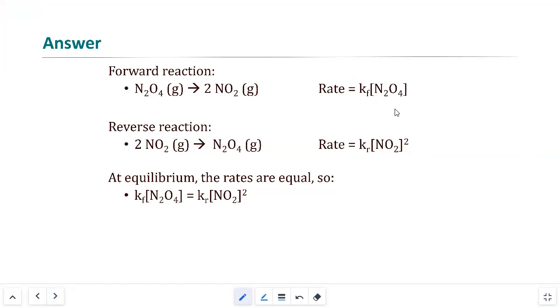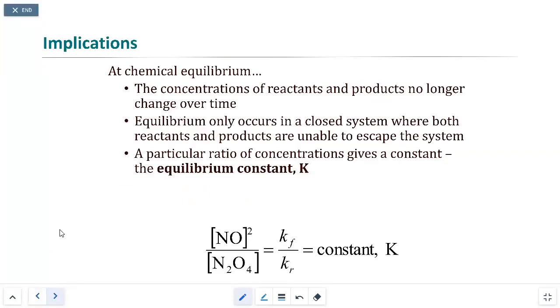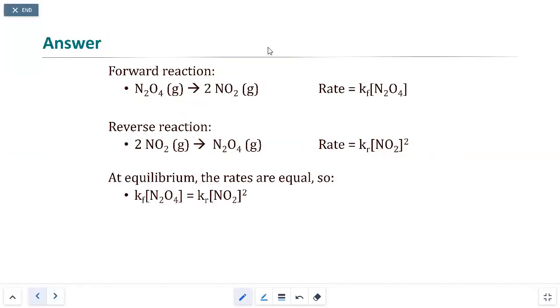So we just summarized everything that we were looking at there. Let's take it one little bit further. If I rearrange these, so coming back here, we've set them equal to each other. If I rearrange this equation so that all of the K's are on one side and all of the concentrations are on the other,